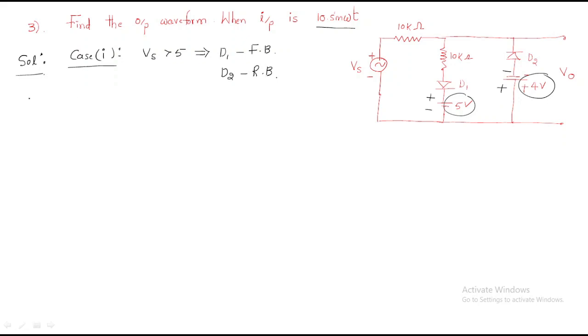Using that, we have to find the output for this particular value. So we will redraw the circuit, with plus and minus. Here we have the 10k, and this is also 10k, and the diode in forward bias is shorted. We have the regulator, this is the 5 volts regulator. Next, this element is reverse biased, so we can directly remove it. Then this is the output.